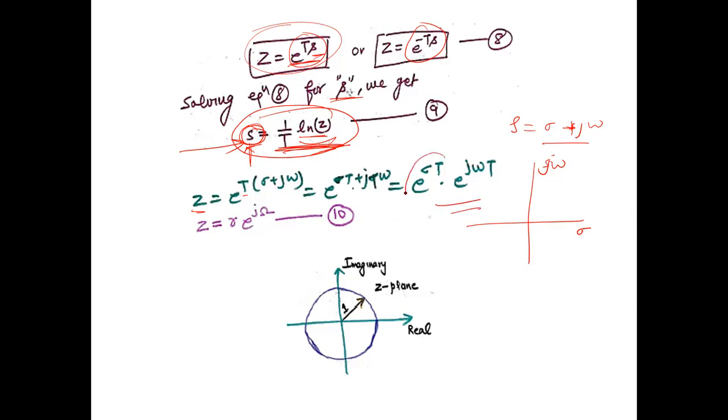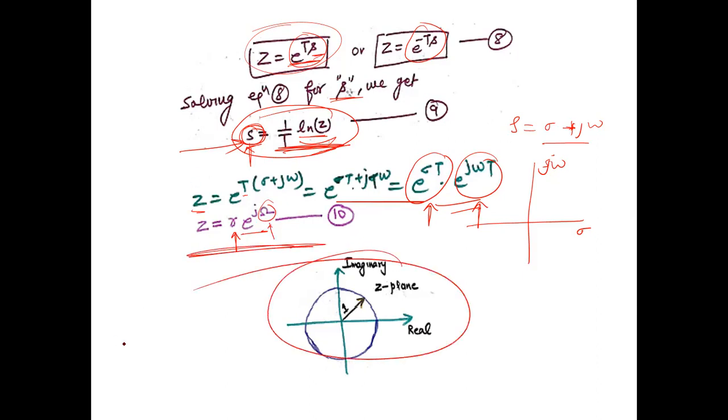So here this is a constant term, so it is given by r, and this is an imaginary term, so it is given as e raised to power minus j, and this is omega again, right? So now this equation can be represented with a unit circle here, right? As you can see, it is represented with a unit circle, wherein this r is equal to 1. So if the radius is, this is r actually, so if r is 1, we call it a unit